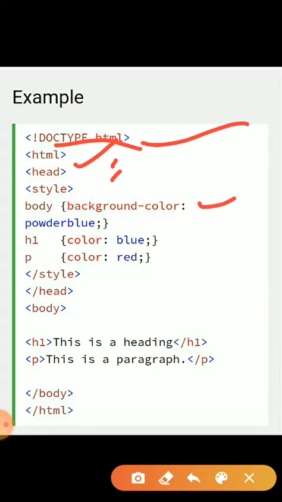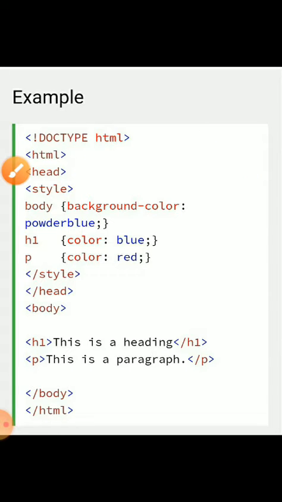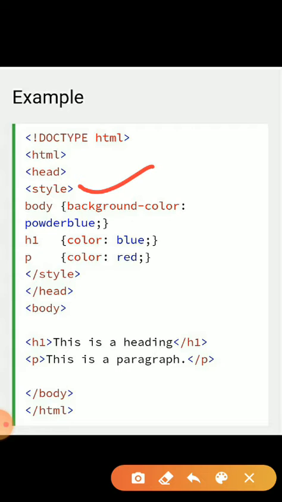Then we give the style. Look here, important point, the style tag we open here. And then we define our body, then curly bracket, background-color, then colon sign, powderblue.